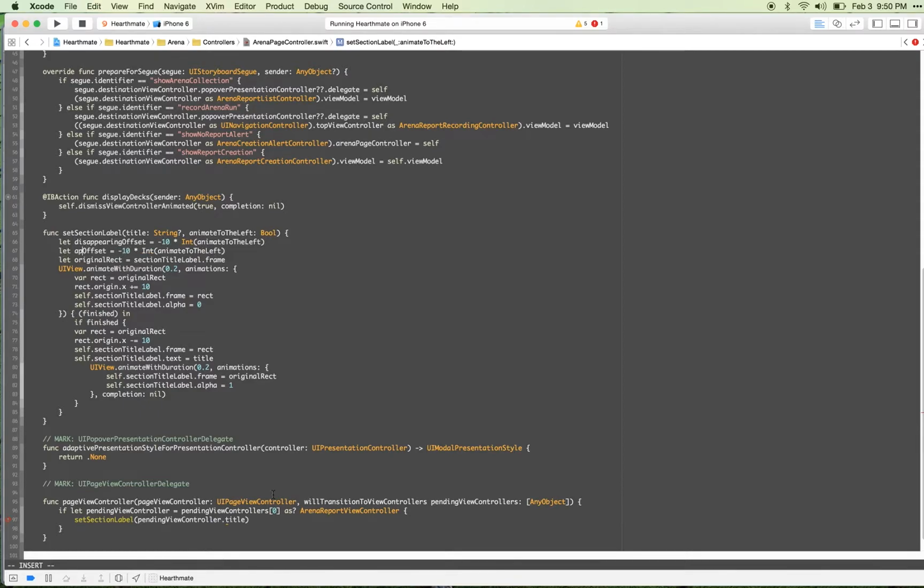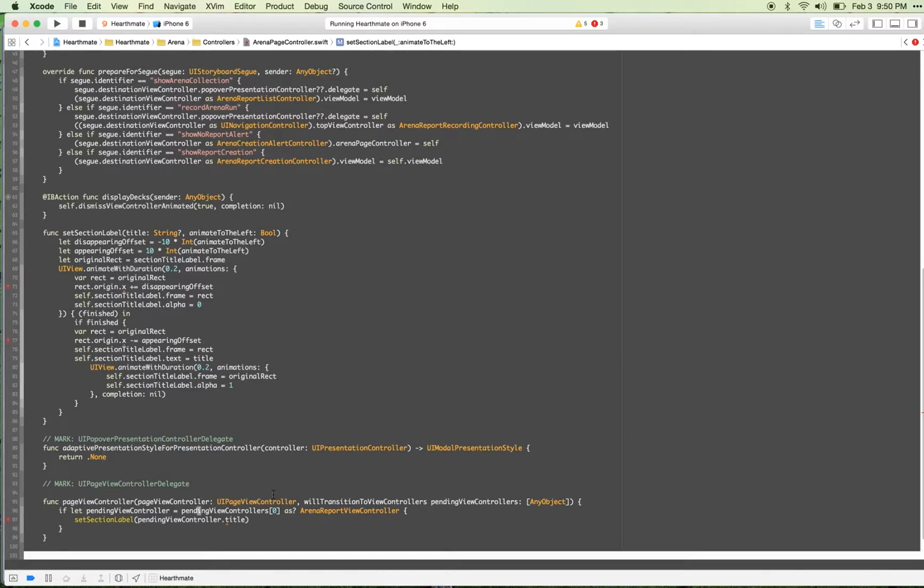And we have appearing offset, which is the opposite. And down here we say this appearing offset, and here we say appearing offset,